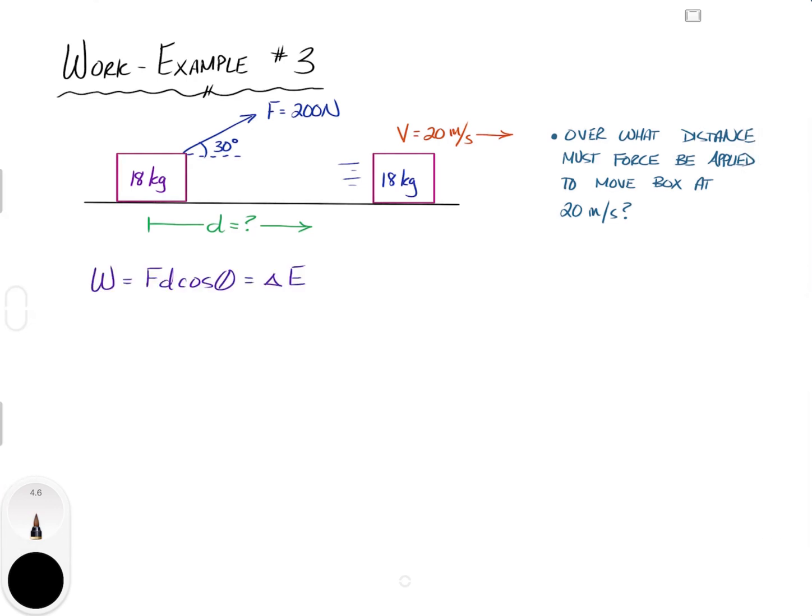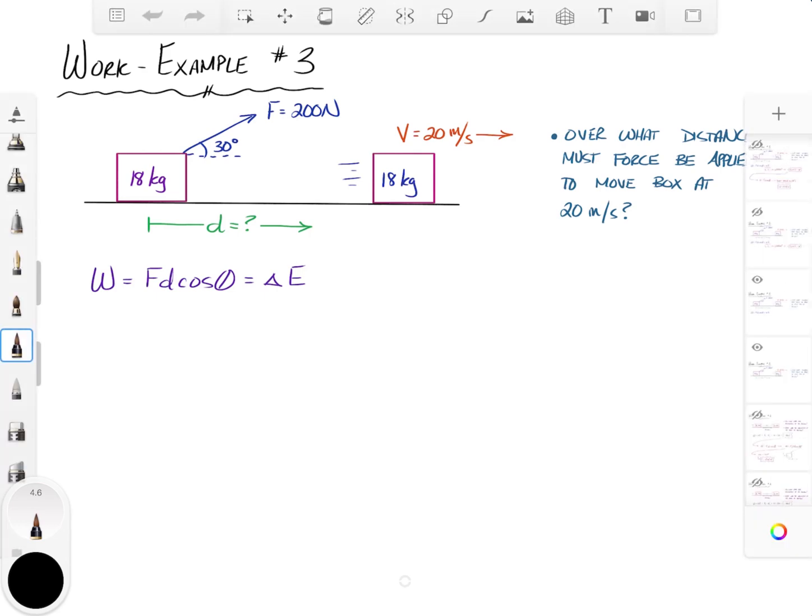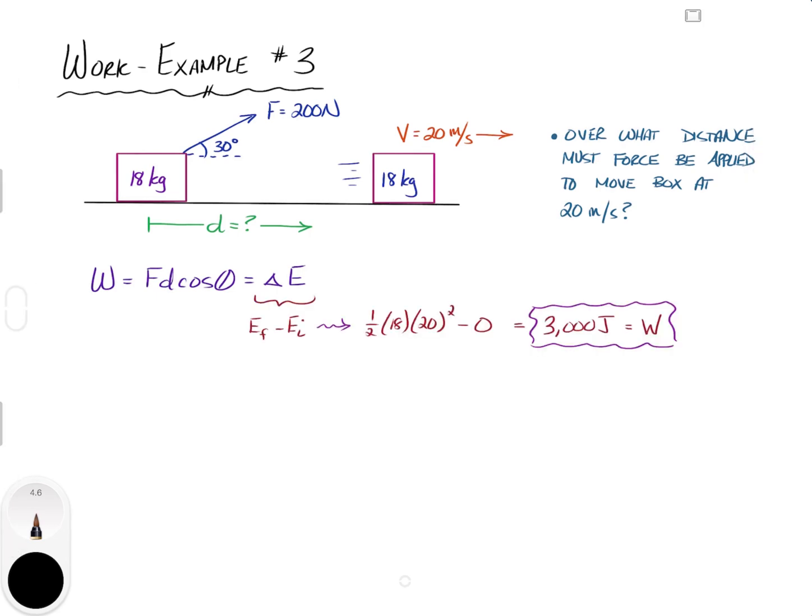So in order to do that, we'll do as we always do, and we'll list out our equation, and we'll take stock of what we have here. So the first thing to recognize here is that we can actually use the change in energy portion of this equation, because we know that the final energy will be kinetic energy. So 1/2 the mass times the 20 meters per second squared, that's what we are looking to achieve. And we're going to subtract from that 0, because as I said, this block was originally at rest, so it has no energy. So if I solve that out, we'll directly find out that the work that I need to perform on this specific block in order to get it to move at 20 meters per second is exactly 3,000